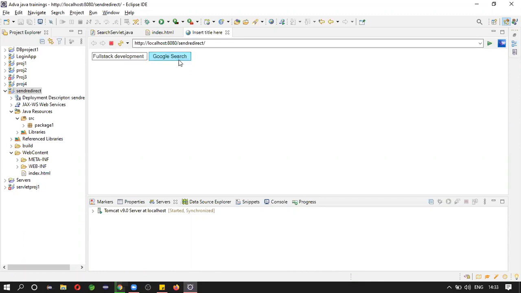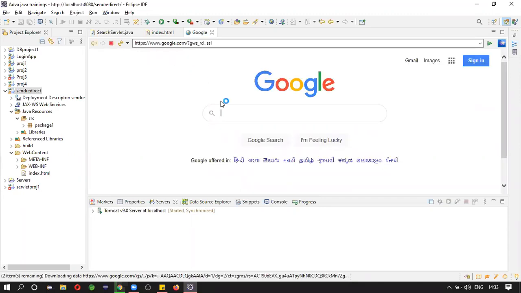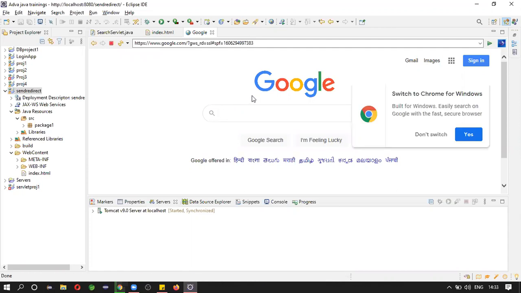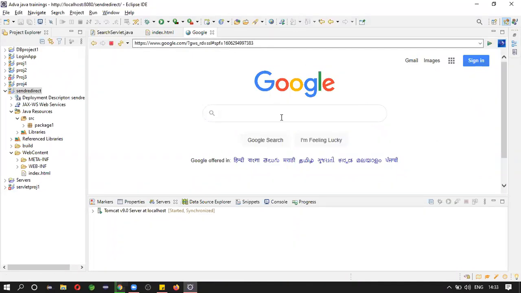Full stack developer. See, we redirected this request to the Google server. Next, we are just redirecting it to Google. In the next step, we are going to search by using Google.